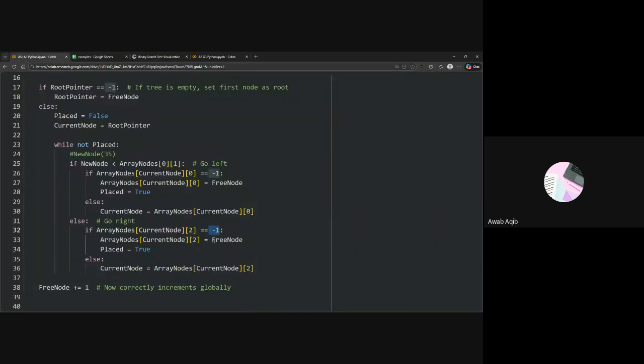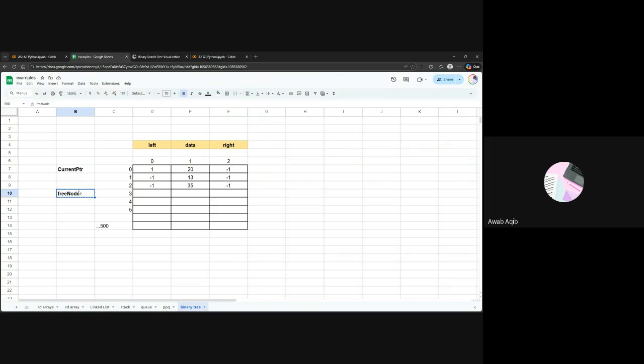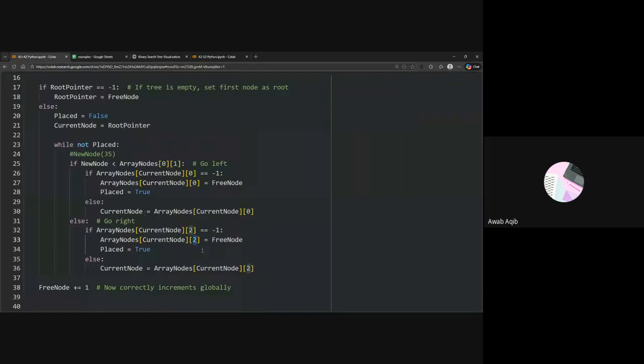So what we're going to do is assign the value of free node onto the right pointer. Now, where was free node pointing to? I mistakenly made it here. So free node was pointing to this current row that we inserted the new value in. So now I'm going to update and store the value. If I write it here, copy the value of free node into current